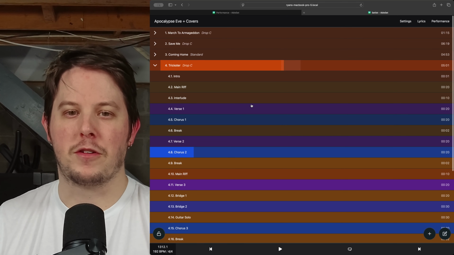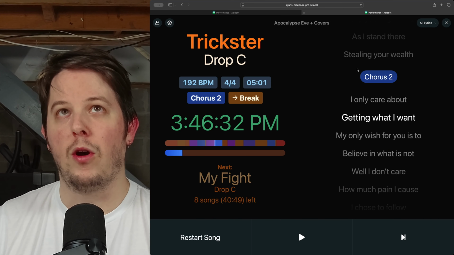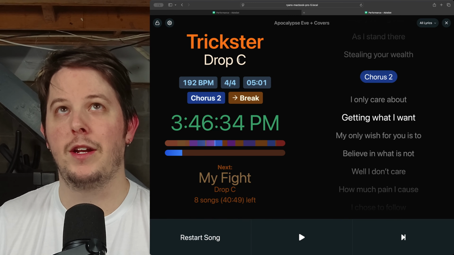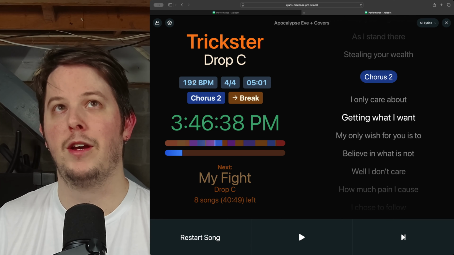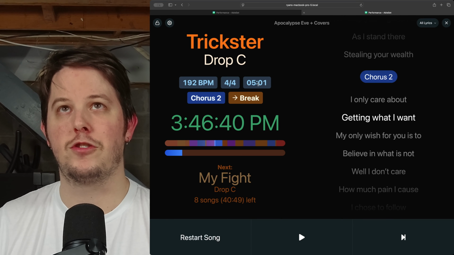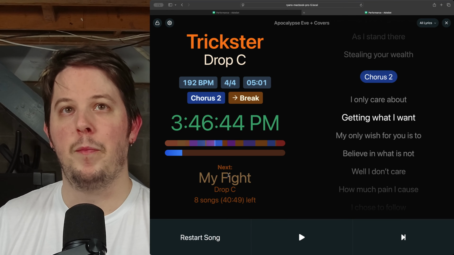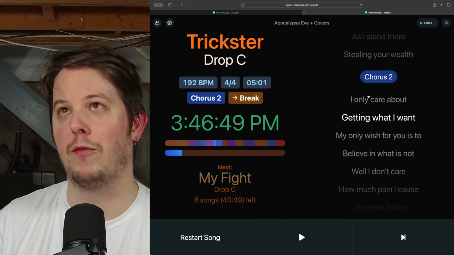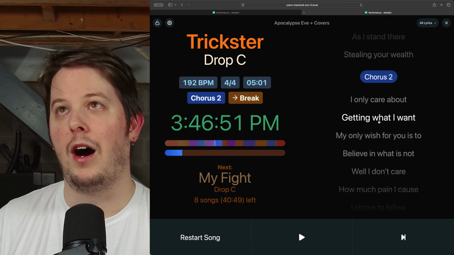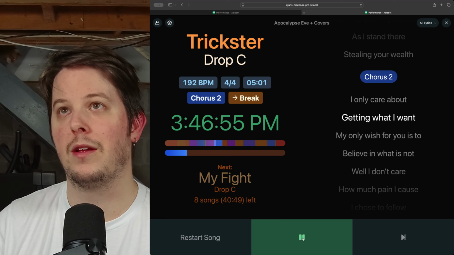The other side to Ableset is the performance view. So this tells you what song you're in. It gives you the notes of, in my case, which tuning I need, BPM, time signature, length of the song, part of the song, what part's next, what song is next, and another really powerful thing is lyrics. And these are timed right out with the song. So if I hit play,